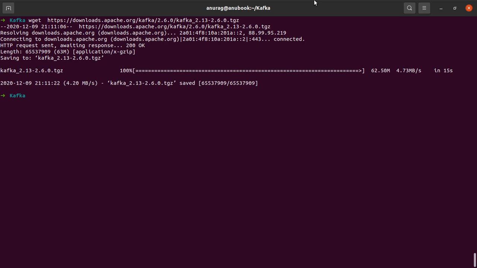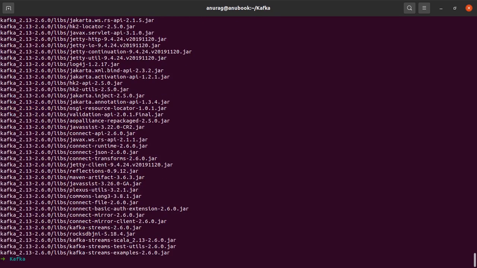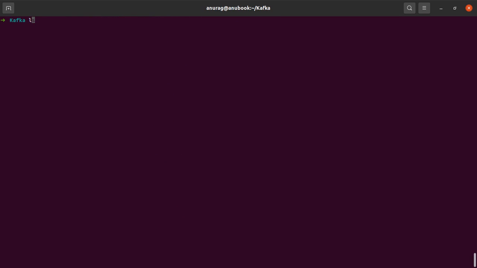So what I'll do next is I will be extracting the contents of this zip file, and for doing that I will simply say tar -xvf and then I will give the name of the file that we just downloaded. Actually, let me just show you. If I say ls, this is the zip file which has been downloaded, and now we are going to extract it by saying tar -xvf and then giving the file name. Okay, so the extraction is complete. If I say ls, we can see that the zip file is already here and we also have a folder for Kafka. So if I cd into this directory,